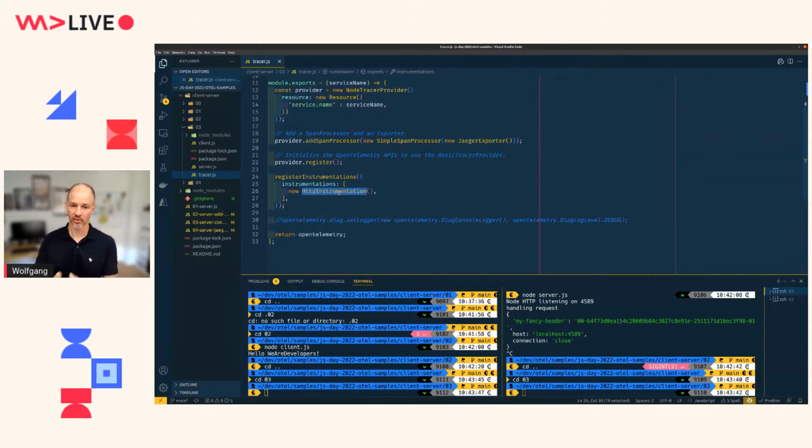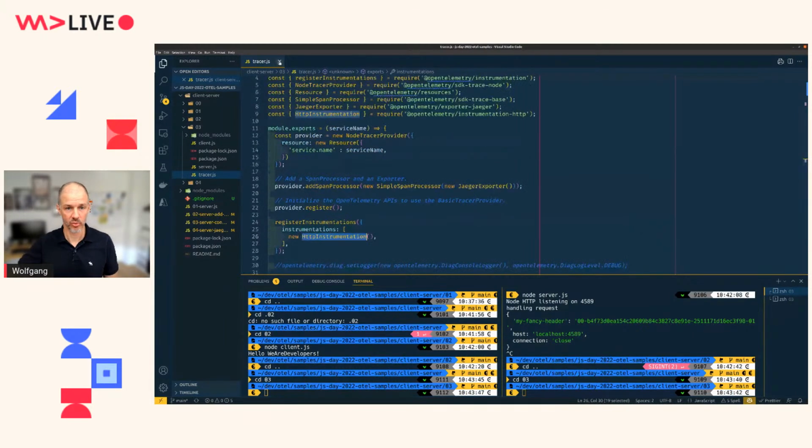Well, there's an instrumentation for that. Or that we're using some database client library, MongoDB or PostgreSQL or whatever. Well, there's an instrumentation for that. And this instrumentation just patches an existing Node.js module and makes sure that OpenTelemetry is in there. And by bringing that in, we can dramatically reduce the code that we had to write before to add tracing